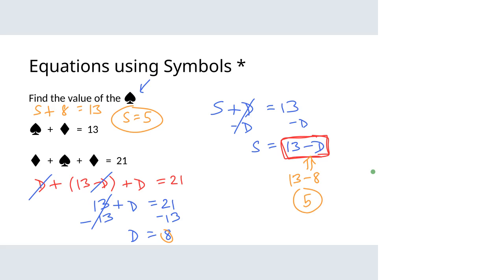That poll went really well, so that's encouraging. Sometimes these problems with symbols that we're not really used to seeing can throw us a little bit, but it seems like